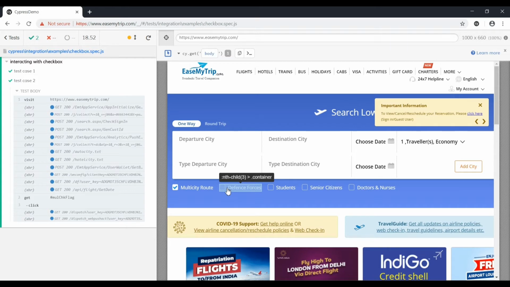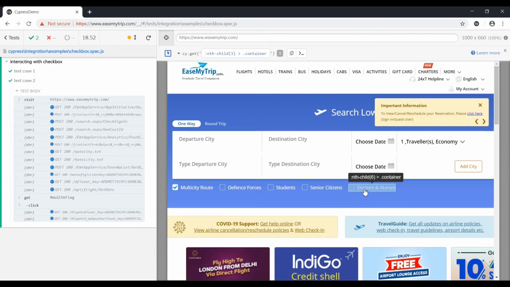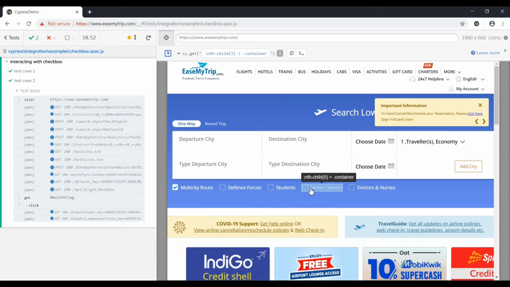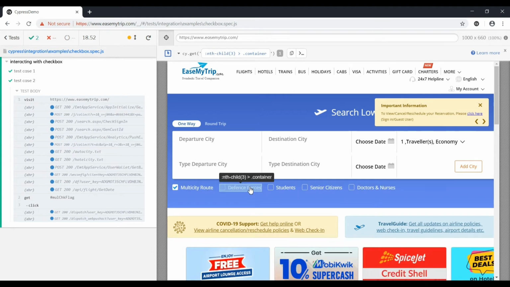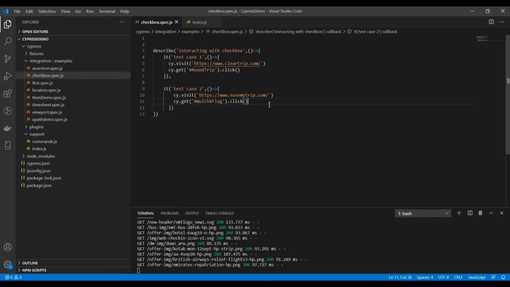You can see the number is incrementing here. The nth child 3, 4, 5, and then 6. So if I use this locator and increment the number 3, 4, 5, 6, and just check the checkbox, that should work.